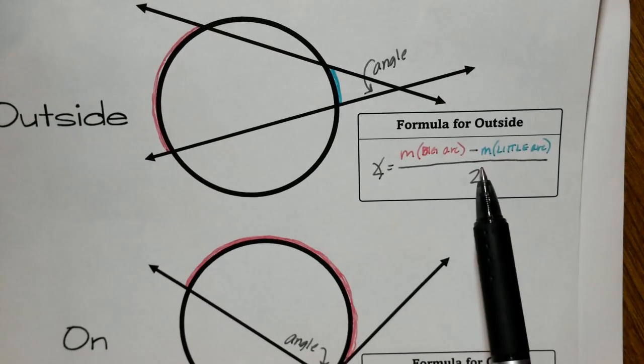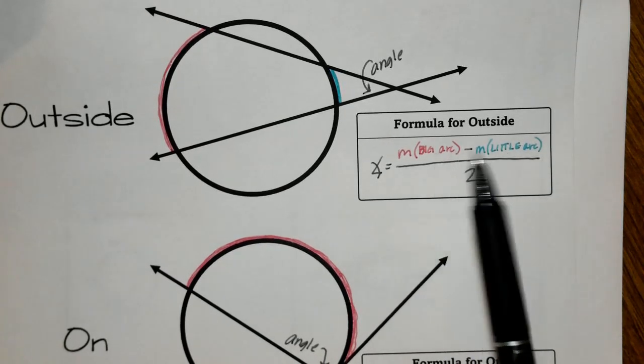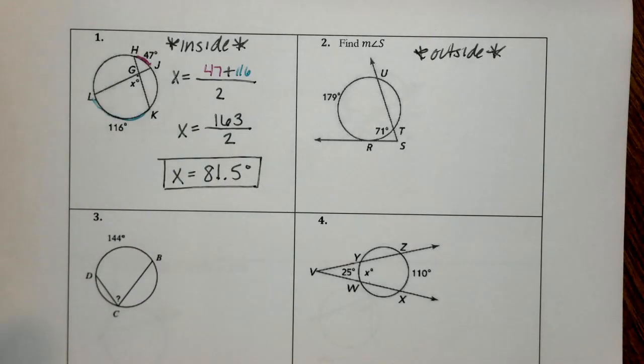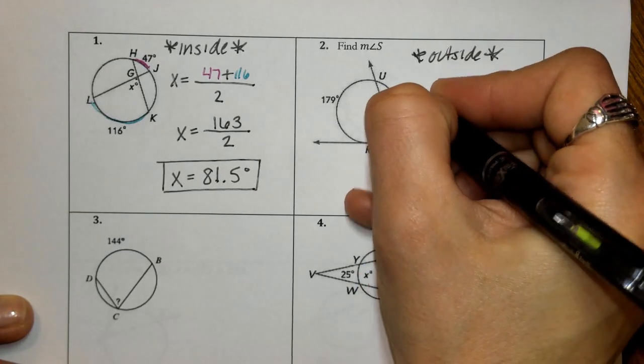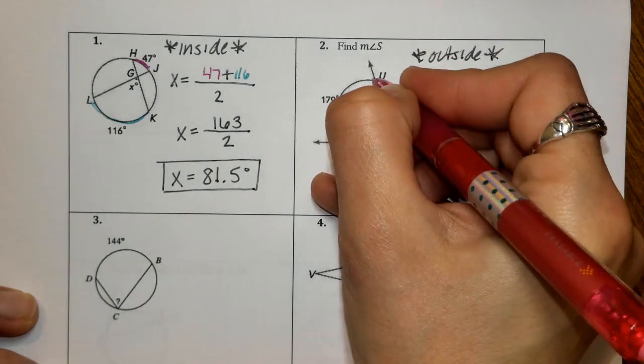So we take a look at our outside formula. We're going to take the bigger arc, subtract the smaller arc in the numerator, and then divide by 2. So the measure of angle S, we'll go ahead and set that up. We're going to have the bigger arc,